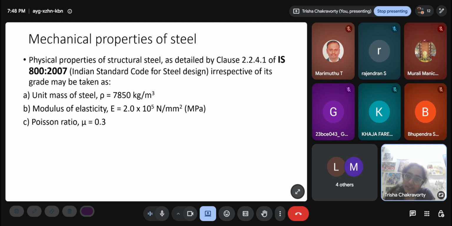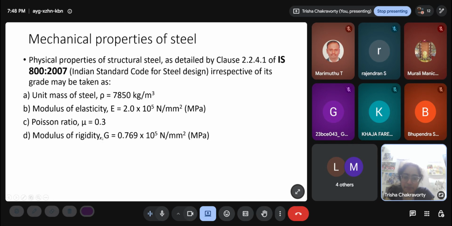And for homogeneous materials, we assume that homogeneous means that at every point in the material the stiffness is constant, and for every direction also, like all the directions. Homogeneous isotropic materials are completely characterized by their stiffness and Poisson's ratio. So these two values are fixed for steel. Then modulus of rigidity G: if you know E and mu, you can actually calculate G by some formula. These three are not independent; any two of these are independent.